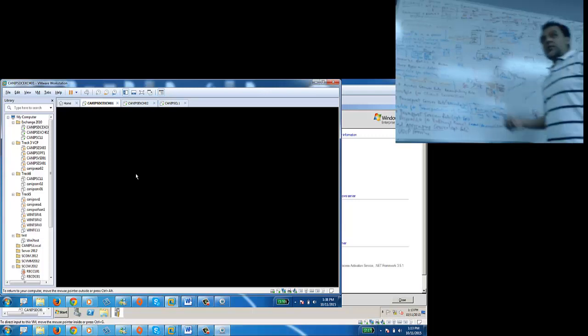The mail flow system is this. Mail flow has nothing to do with login. You're already logged in. Now, if you're not logged in, then you need to first fix the login issues. Then comes mail flow. So mail flow is very simple. Mail flow is this. The user logs in, the user opens Outlook, and as soon as they open Outlook, the very first thing that it needs to connect to is